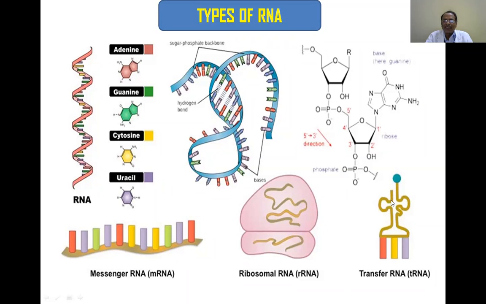All these other RNAs are single-stranded, and this one is also single-stranded, but when complementary bases come across each other, where it is possible, they form double helices. So it is a single strand, but here and there you can see a double helix, double-stranded complementarity, present in this tRNA.